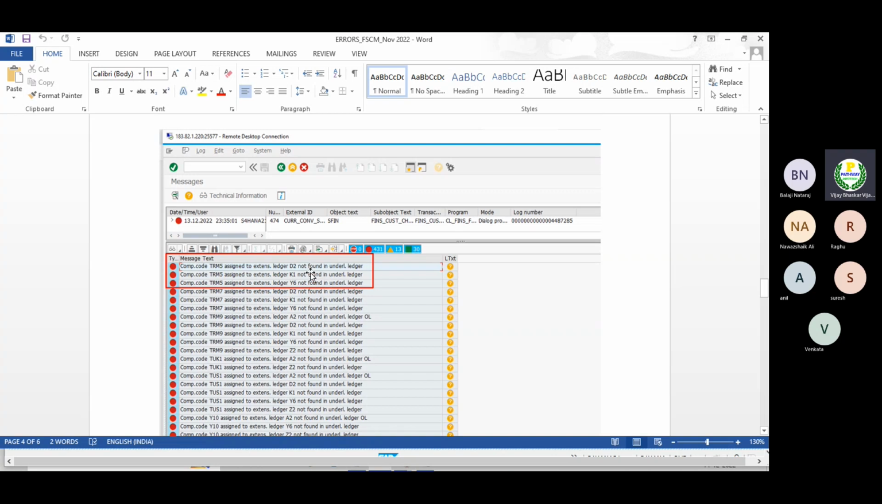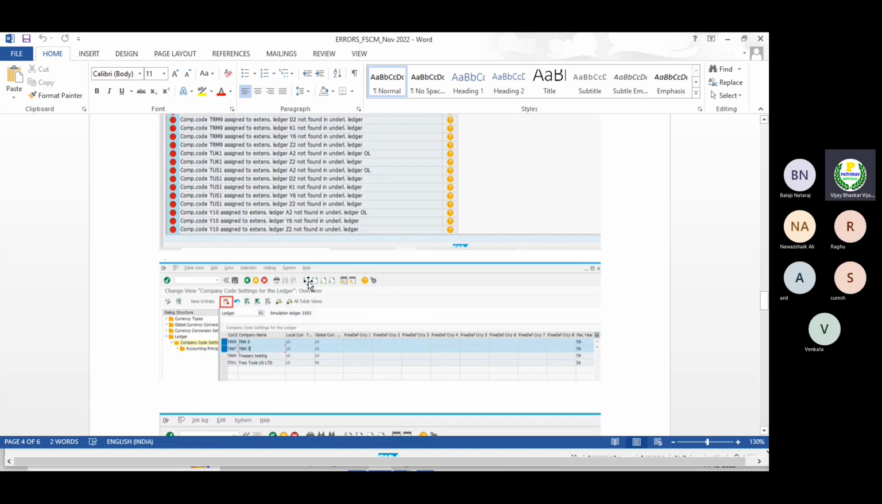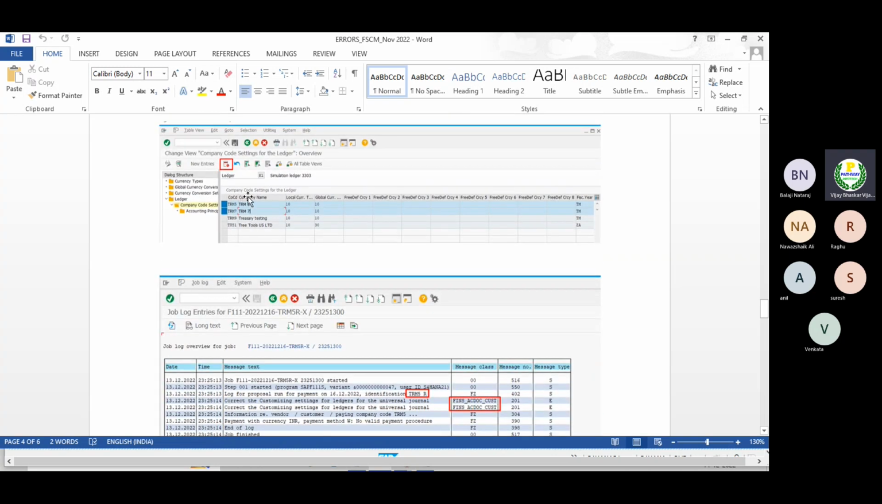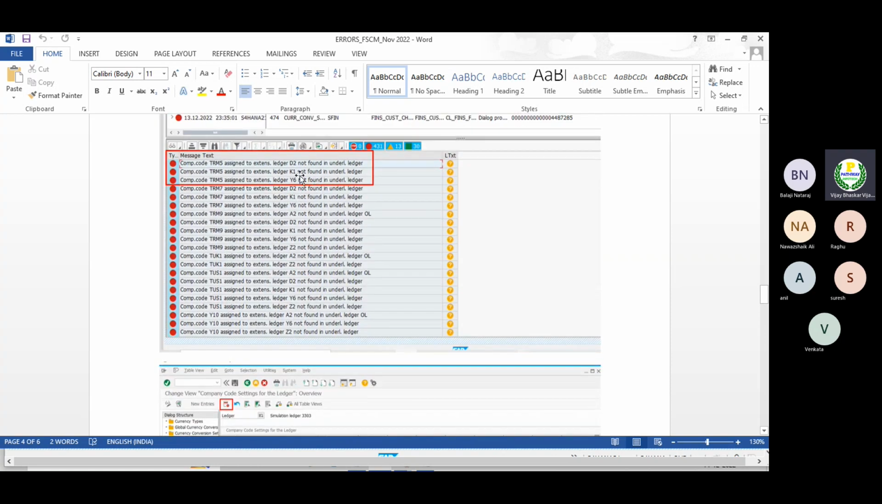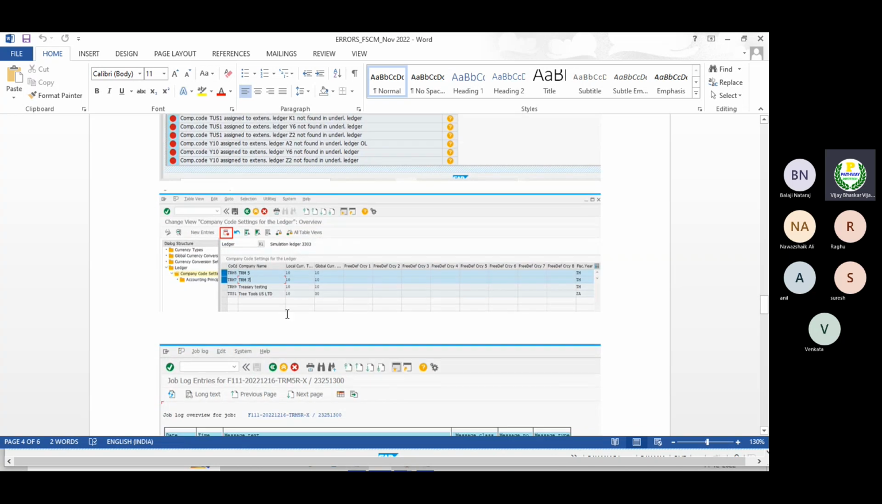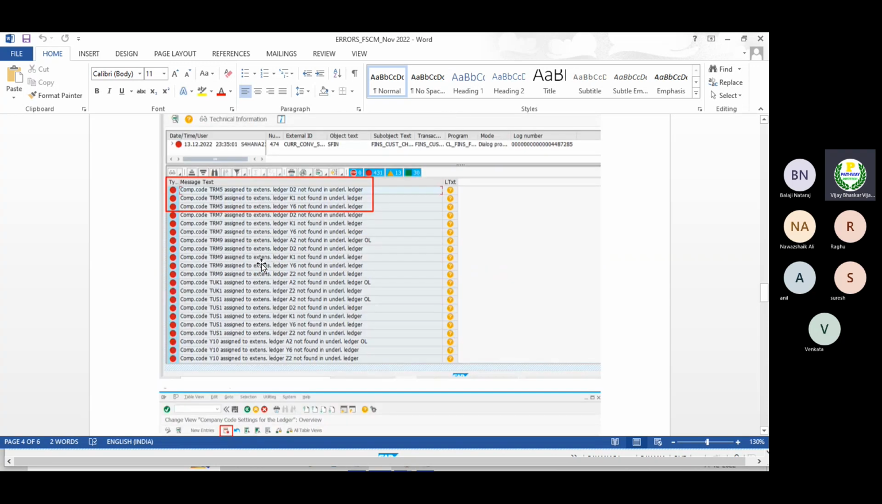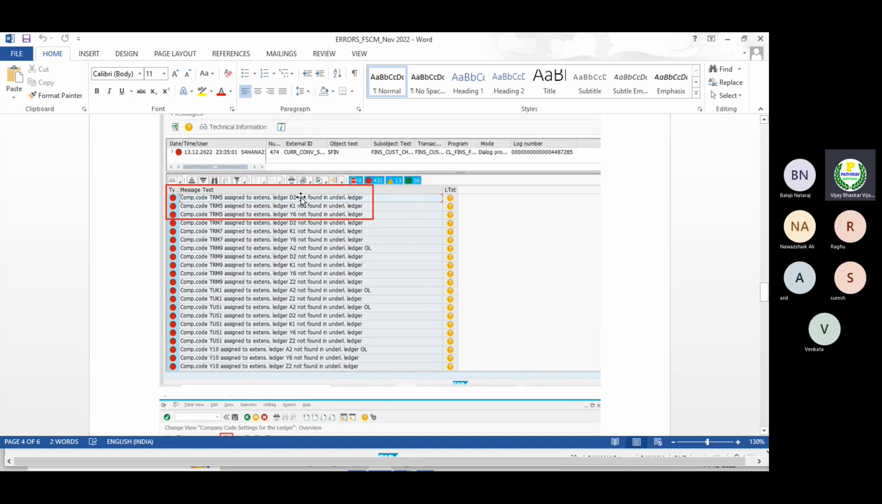What I have done is delete my company code under these ledgers. Now you can see how I deleted it. I selected K1. Go to K1, under combination of company code and settings here, select which company code you want to delete, then remove it. This is what I did for all three ledgers, D2,